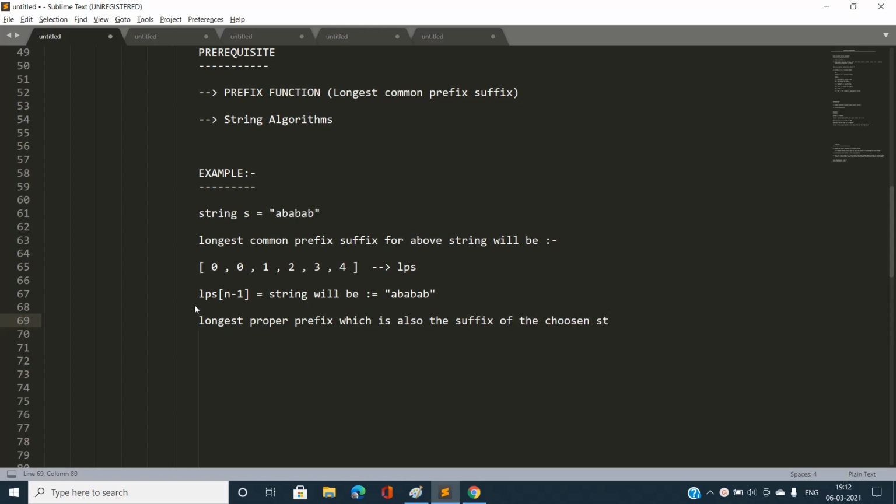So you can see the longest prefix, you can see prefix will be what? AB, AB. And what is the suffix that is going to match with this prefix, which is also AB, AB? So what would be the length? That will be LPS of n minus 1. That is, it will be filled with 4. You can see the length will be 4. So this is how every index of this array is going to denote.